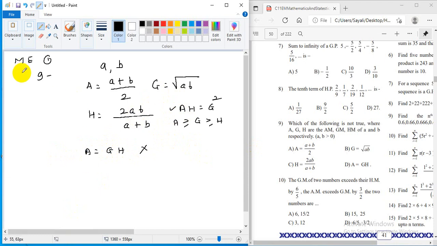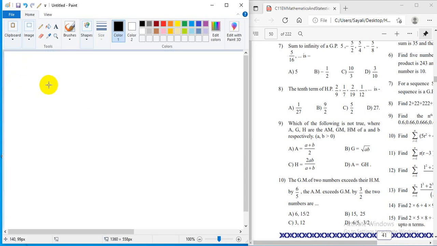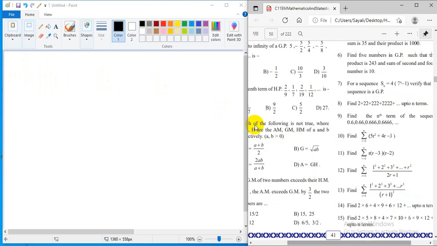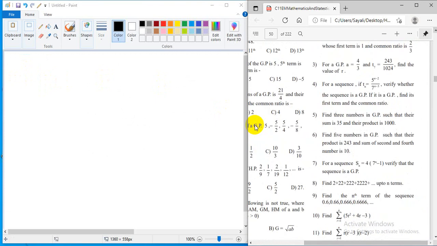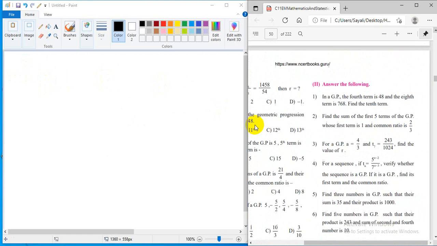Okay, so this is all about the first problem in that exercise, जो multiple choice questions चा problem. They are giving you a good practice of multiple choice questions because that is what you have to face in competitive examinations. Now in case of the second problem, in a GP, पहिला पार्ट बघा त्यातला,